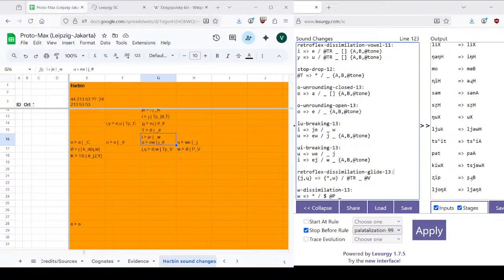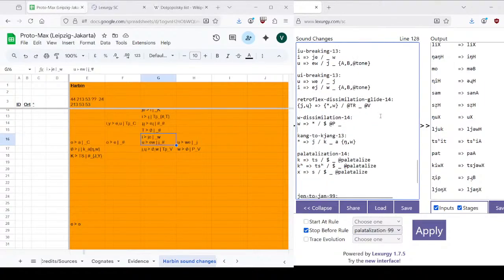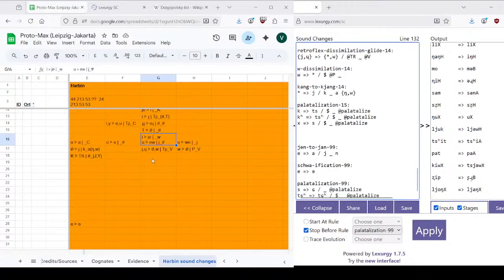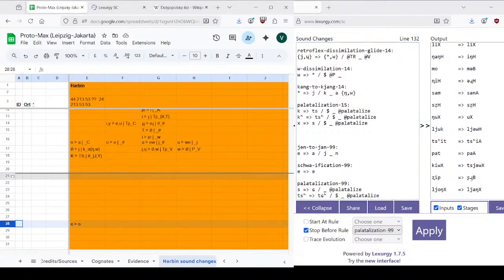And then retroflex dissimulation glide is 14. W dissimulation is 14. And then gang to gyang or something like that is 14, but we're also adding wa to it now. And palatalization finally is 15. And then 99 is just whatever, right? It's just everything else, which includes